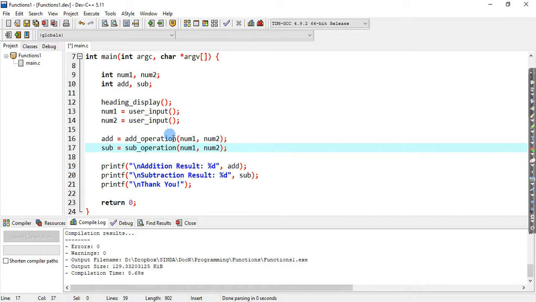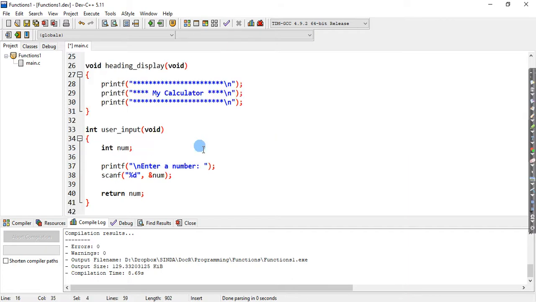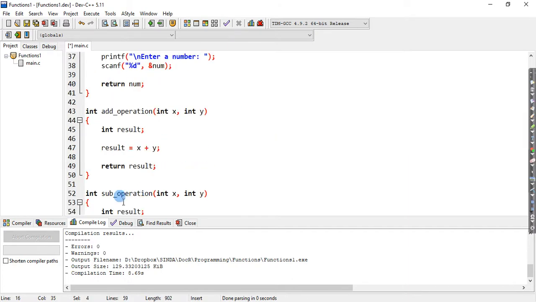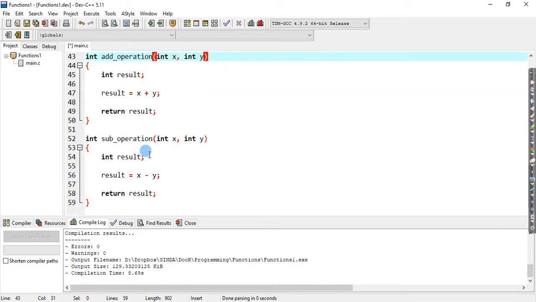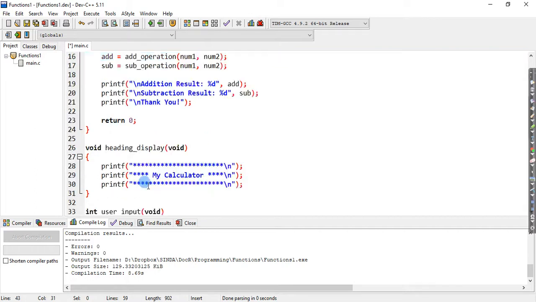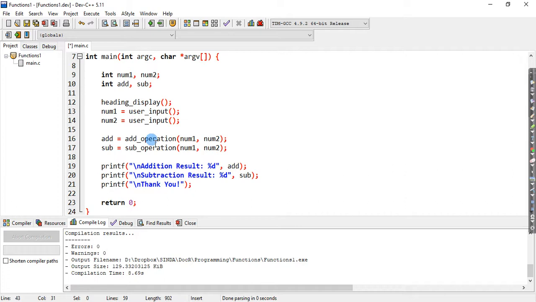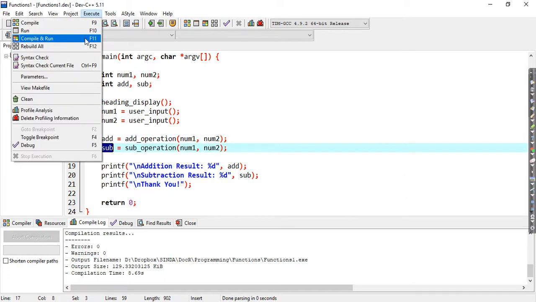So you can see the add and subtract are very similar. Whenever I call these two functions, I pass in two parameters, and the order of mapping will be the order in which I have declared the variables in my function here. So num1 will map to x, num2 will map to y. So I do whatever operation that I want here, and then I return. So return results. And each time I return, I capture it into different variables. So let's just run this program